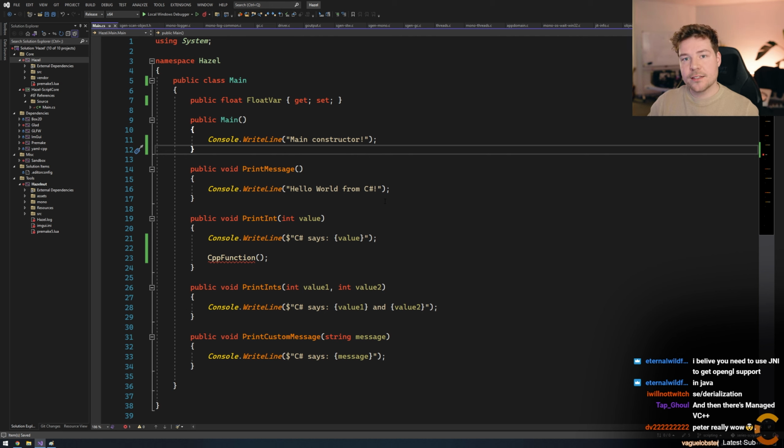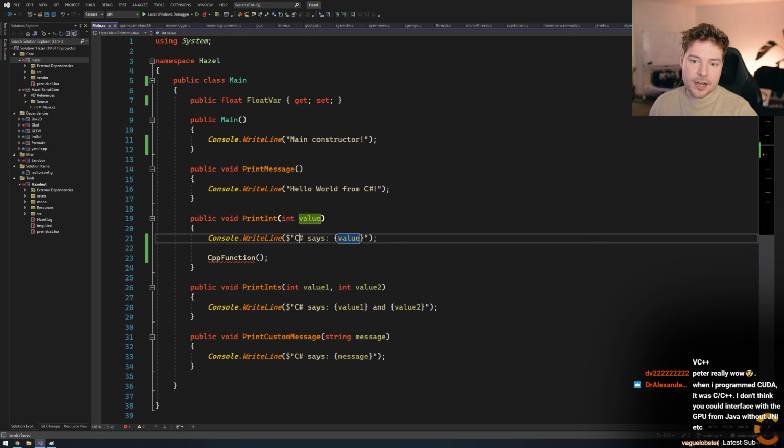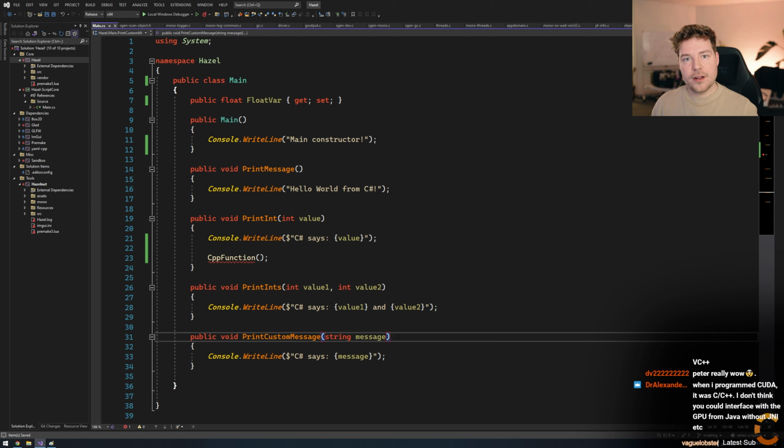And so because of that, and same vice versa. If I've got this string here, maybe I don't want to use console writeline. Maybe I want to use a Hazel logging function that will actually log natively or do whatever, right? I just want to send a string to C++. Well, a string in C# is this whole object. So how do we convert that into maybe a const char pointer or an std string on the C++ side, right? So marshalling is kind of important.